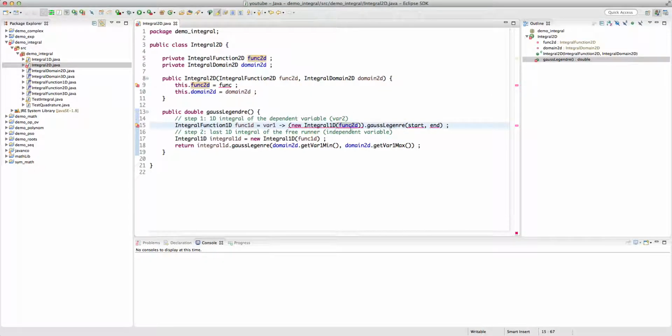We're integrating over our 2D function using an integral 1D object, the Gauss-Legendre method. This returns a double value. So the result should be somehow dependent on var1, because this functional interface is dependent only on var1, and then we pass it to another integral 1D using the bounds of var2. So obviously these two bounds should be the bounds of the var2, right? Domain